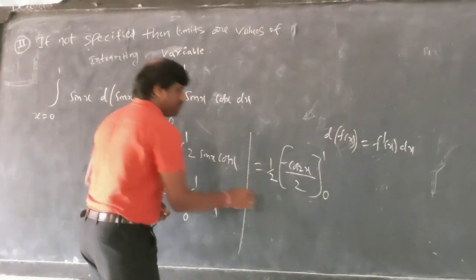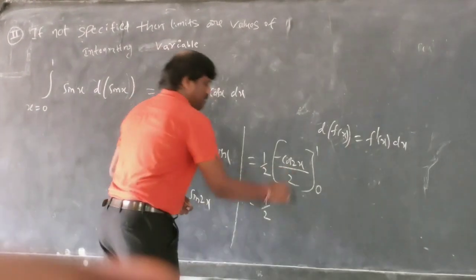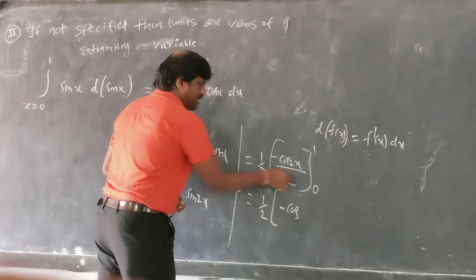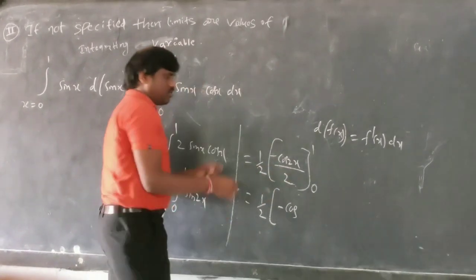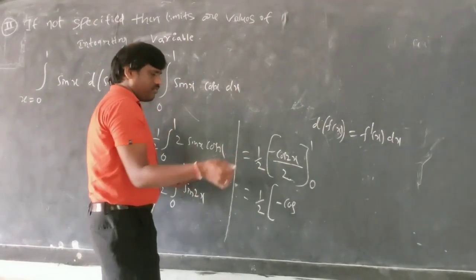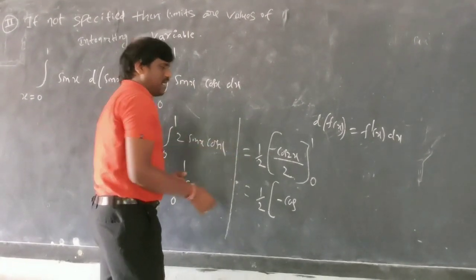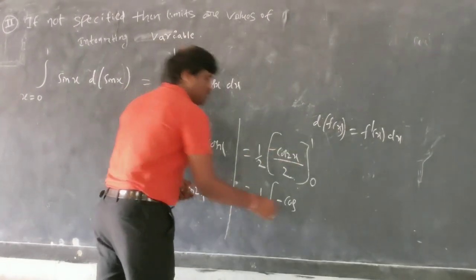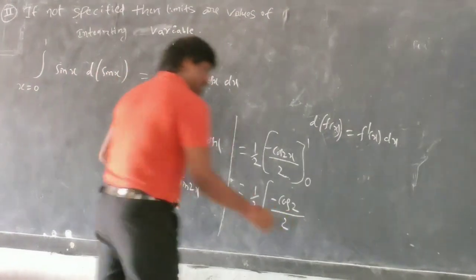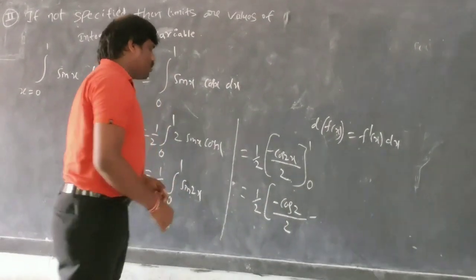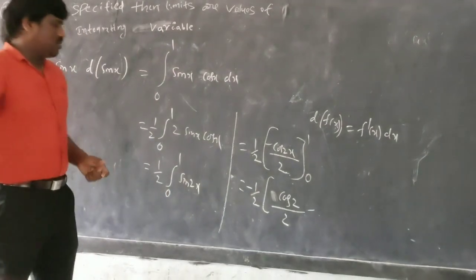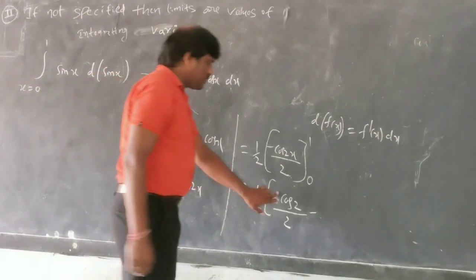So what I am going to get here is 1 by 2. Substitute the limits here, minus cos. See here, can I take the 2 out also? This is a constant number, so there is no change if I keep the limit. I can take the 2 out also. If you wish, we can take out the 2, otherwise I will do it in the next step. If I substitute here, it is cos 2 upon 2. Minus, okay, I can take the minus out. There will be confusion if I keep it here.